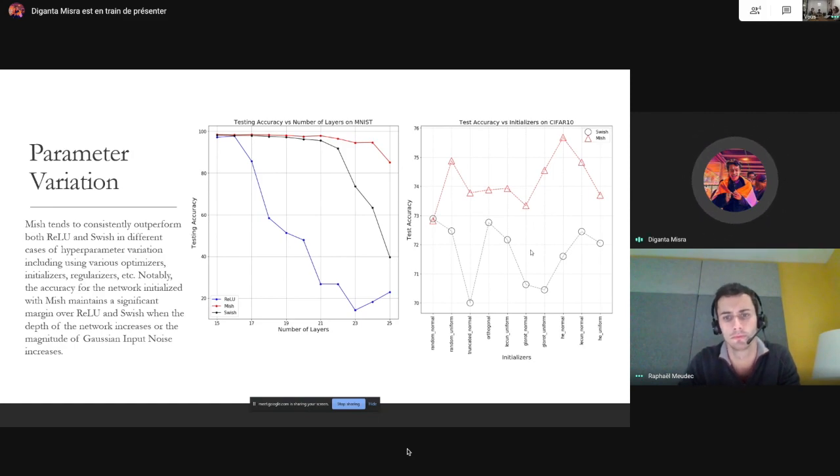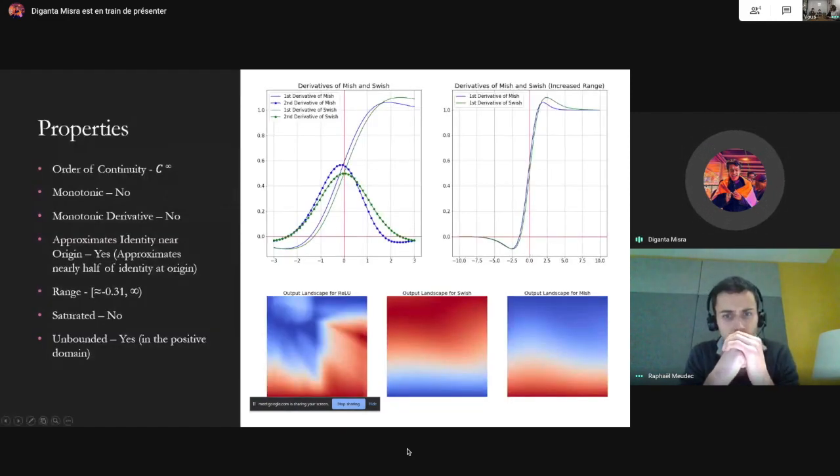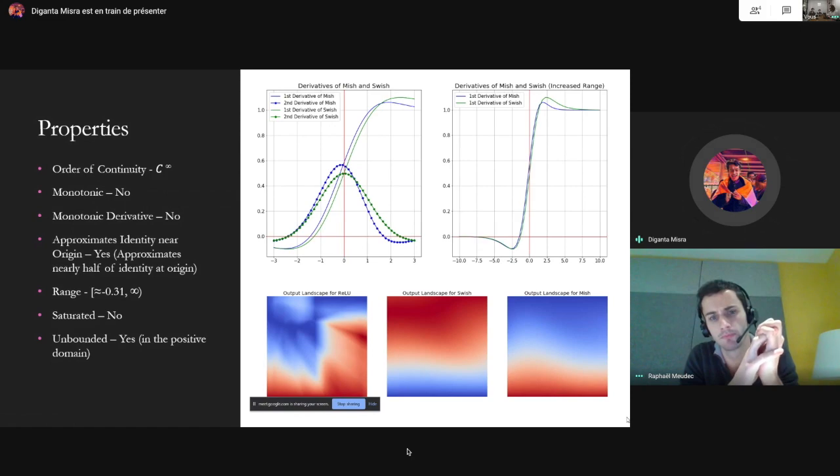So we are working with him to generate the loss landscape to compare how it looks for Mish as compared to Swish, so we can get more clear, definitive answers of why Mish is a tad bit better than Swish. Because right now, both the output landscapes as shown over here look pretty similar. Also, the shape of the activation of Swish and Mish are pretty similar, as are their gradients. So we still are not clear why Mish pushes the accuracy better as compared to that of Swish, but we'll have the answers to that in the coming weeks up ahead.